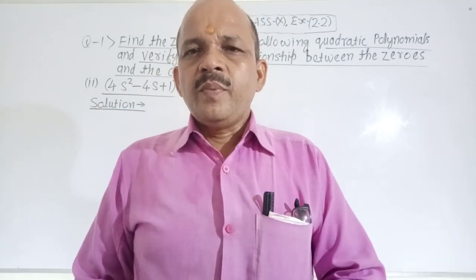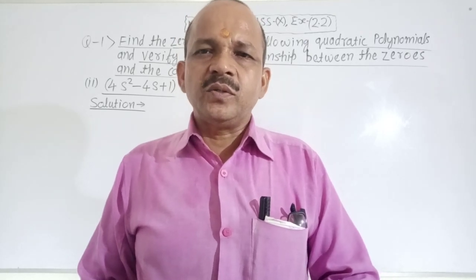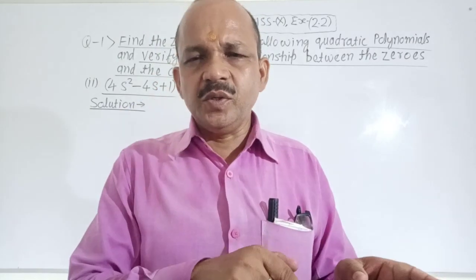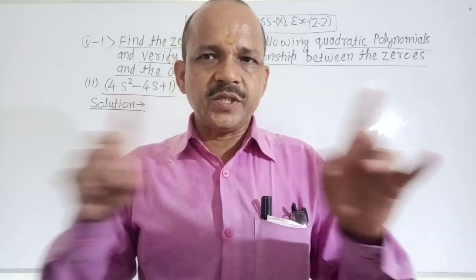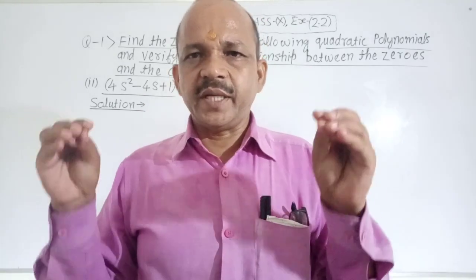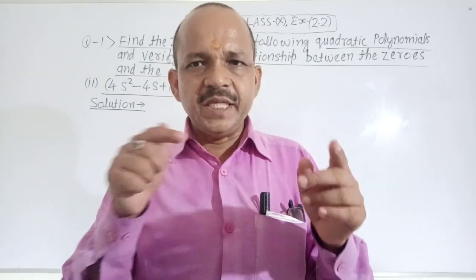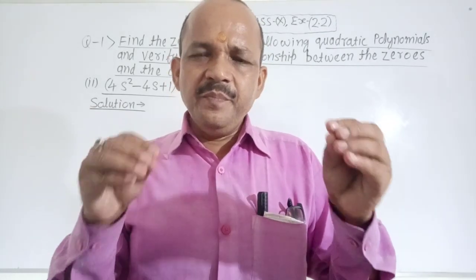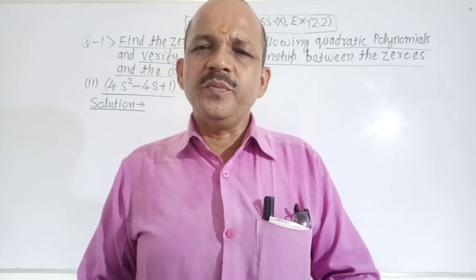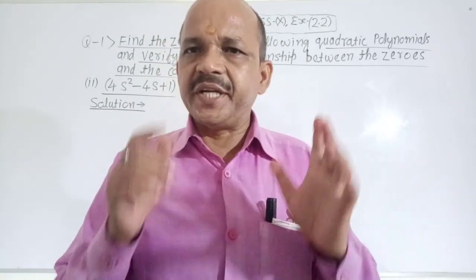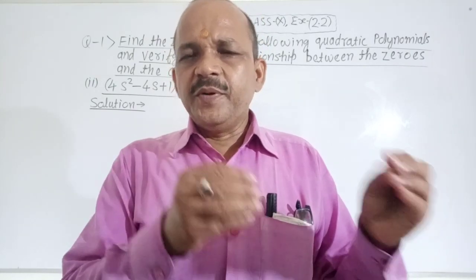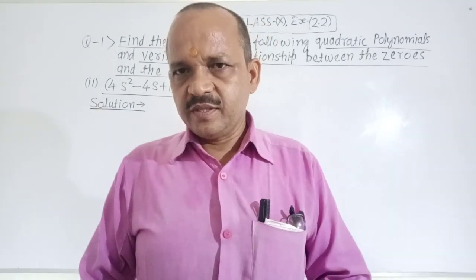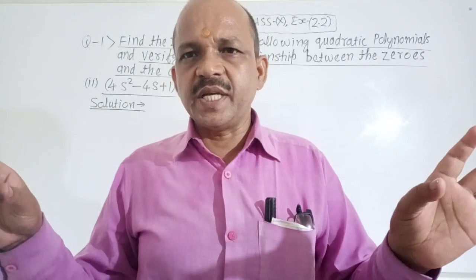Very good. Firstly I want to describe zeros and coefficients, the relationship between zeros and coefficients. It is clear, no confusion about it. Very good. The number in front of each term is called its coefficient. The maximum power of a polynomial is called its degree. The degree of a polynomial is known as its zeros. It is clear, no confusion about it.